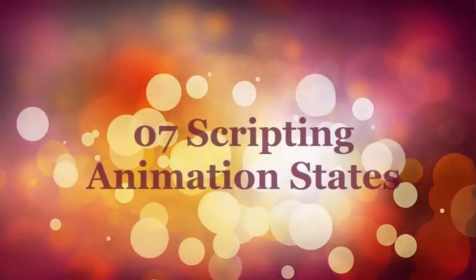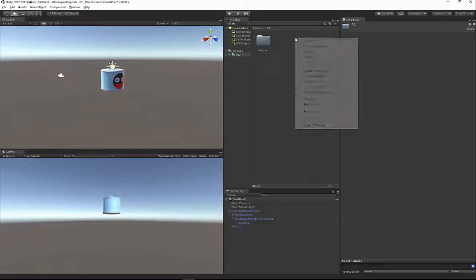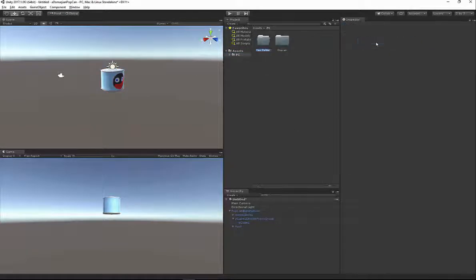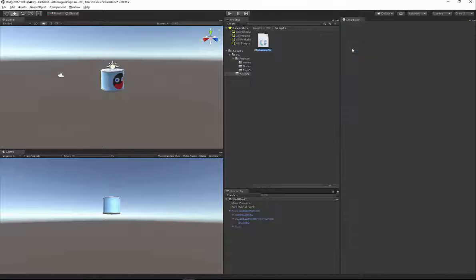Now that we have our can animating in our view, let's go ahead and create a script that's going to trigger those animations. So on PC here, I'm going to right click in the folder and then go to scripts. And then inside of this folder, I'm going to right click and create another C# script. I'm going to call it pop